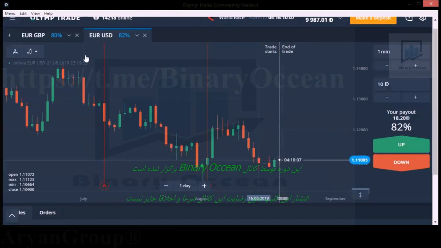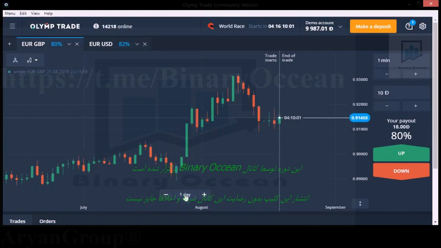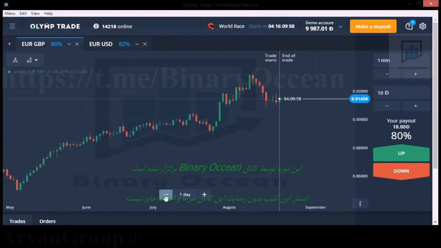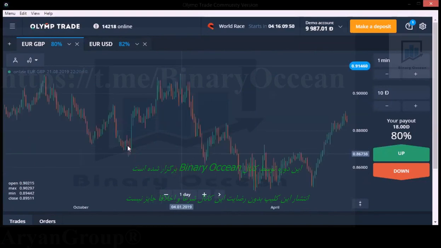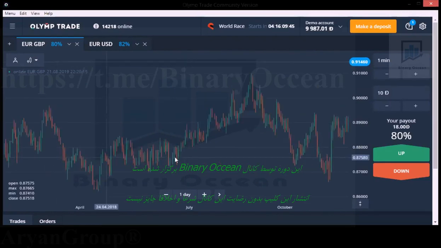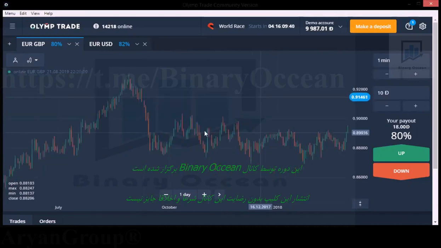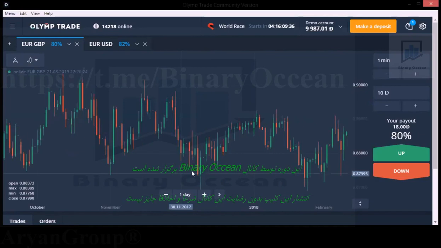Okay, this is a 1-day chart, and here also a 1-day chart. So if you want to trade, you can trade at the entry points, or at the strong buyers and sellers areas, and at the SNR level with confirmation from the reversal candlesticks too. Okay, I will show you.